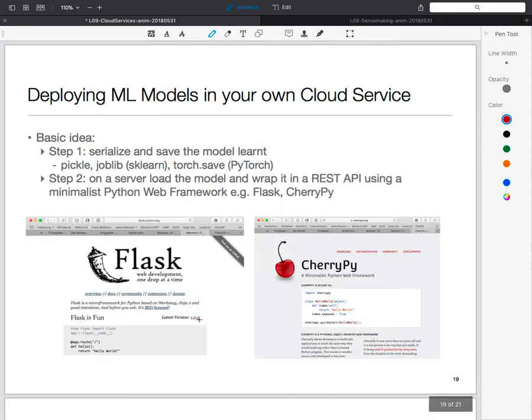Step two, you now need to create a server around it. The easiest way to do it is the following: there are lots of so-called Python web microframeworks. What these do is they let you write programs which act as very simple web servers. They will listen on a socket and you create your own RESTful API, and just work with it. There are a couple of them. Flask is very widely used. My own personal favorite is SteadyPy. But basically, they very simply